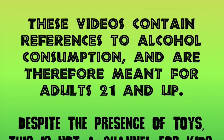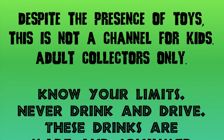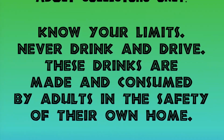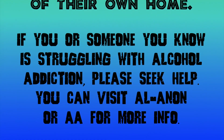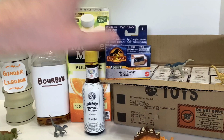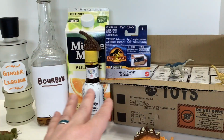Does anybody else have these? And if so, where did you get them? I haven't seen anybody post any photos or reviews of these in hand, though they've been out for like a year at this point. I've been getting more and more curious, so I had to just get them myself, and here we are. Hello! Today we've got a full case of the Jurassic World Dominion Dinosaur Discovery boxes and a